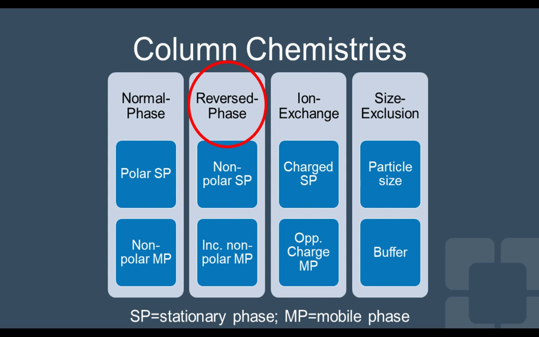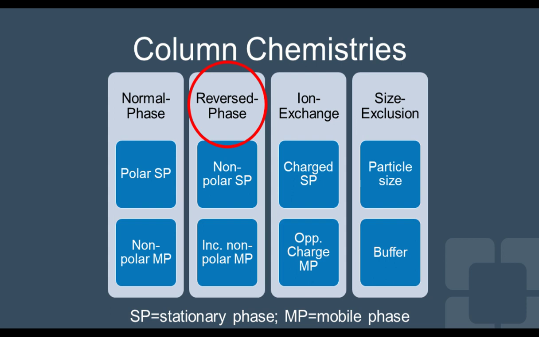So what is inside these columns? What is the column chemistry? All the way to the left, you can see a normal phase column chemistry. This utilizes a polar stationary phase, a silica, for example, with a nonpolar mobile phase, such as maybe hexanes. Reverse phase is the opposite of normal phase. Now the stationary phase is no longer polar, it is nonpolar, and the mobile phase is increasing from polar